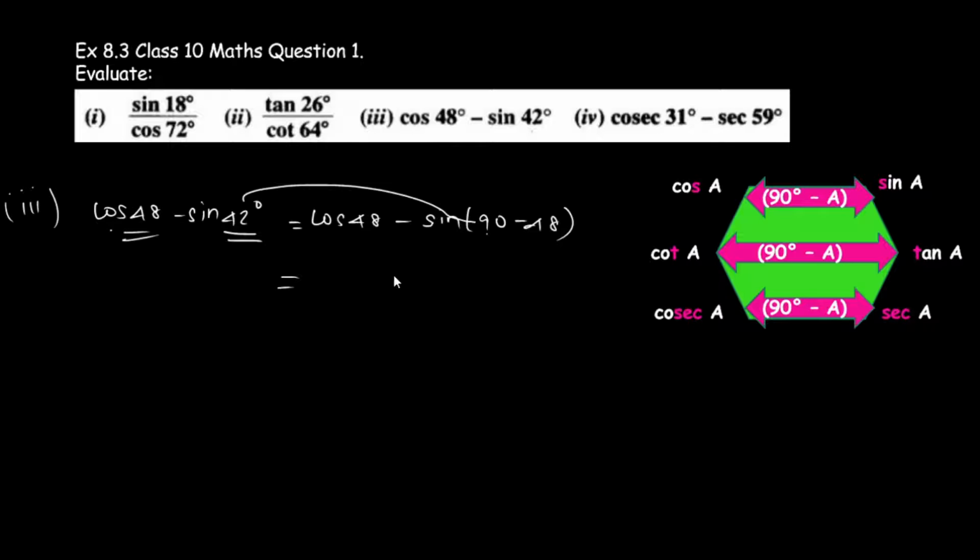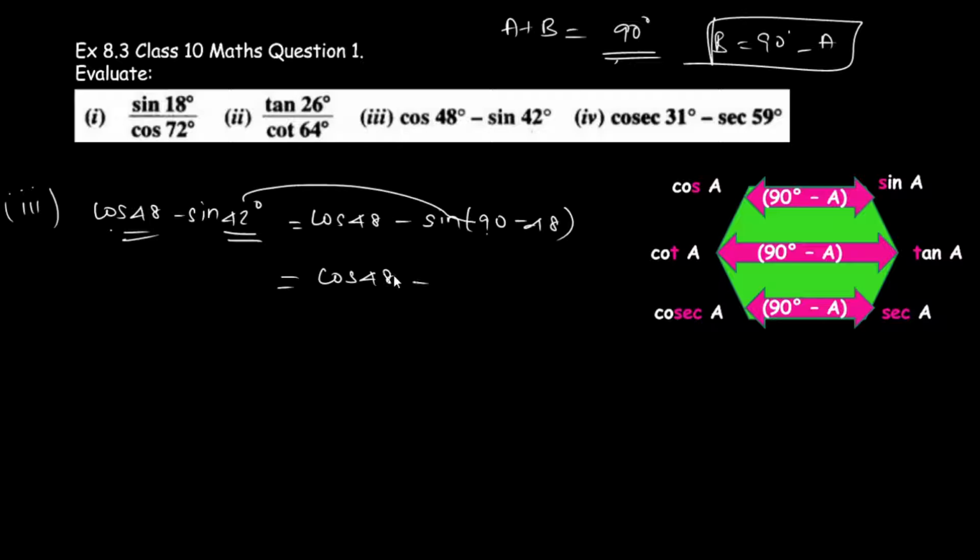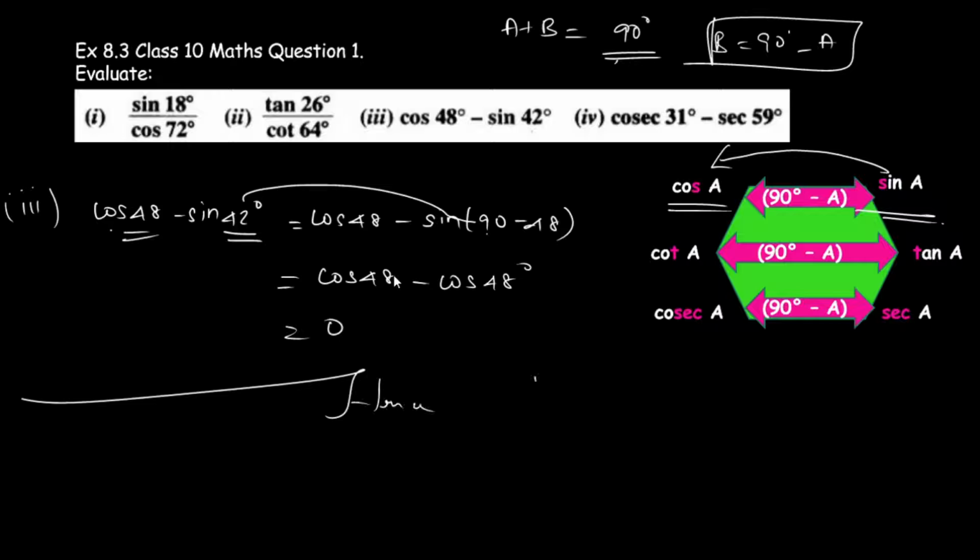We are dealing with complementary angles, therefore 90 will come in each and every problem. For complementary angles, a plus b is equal to 90 degrees, therefore b is equal to 90 minus a. It will be of the form 90 minus a throughout this exercise. So you can easily remember, for complementary angles you transform one of the angles in terms of 90 minus theta. Cos of 48 minus sine, which is always a friend of cos. Sine of 90 minus a is cos a, so cos 48 degrees minus cos 48 degrees cancel out, and it is 0. Hence the solution.